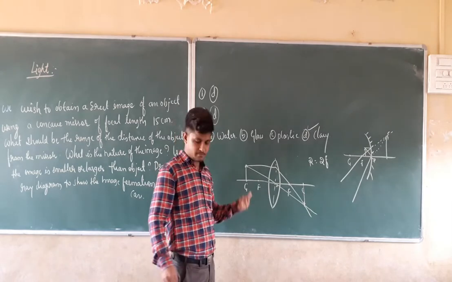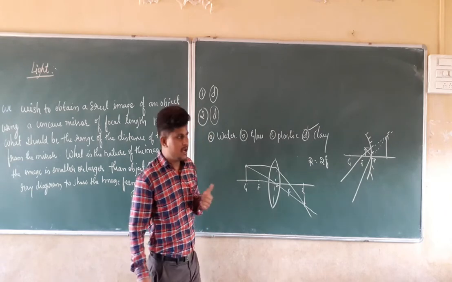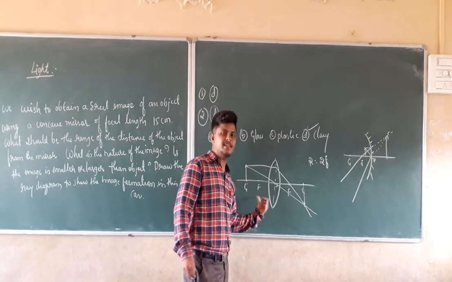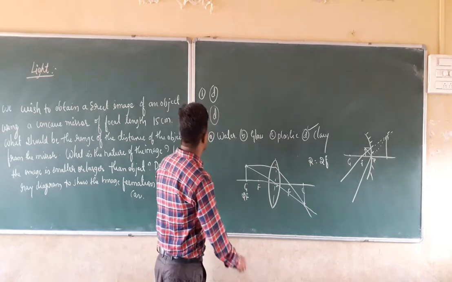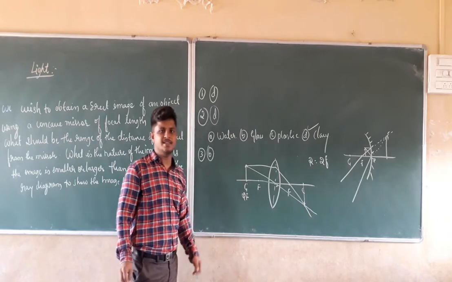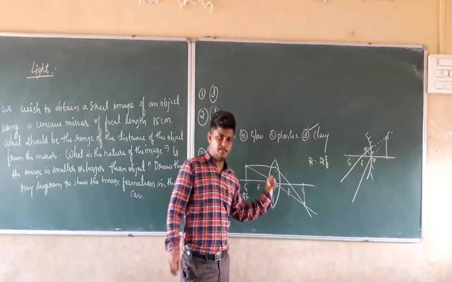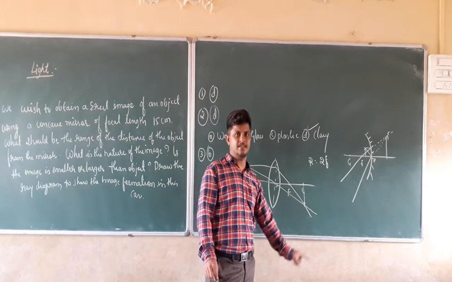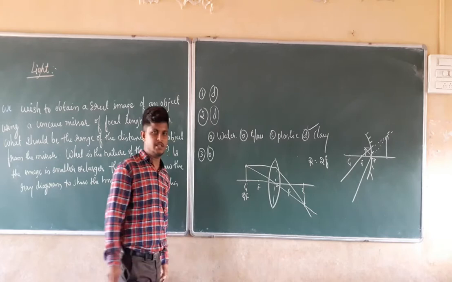So as per the given option, twice the focal length is what? It is the center of the curvature only. So we keep the object at C only, which can be written in other words as 2f. So the answer for the third question is B. At twice the focal length, that is, at the center of the curvature. When we keep the object at the center of the curvature in front of a convex lens, it is going to produce an image of the same size as the object, and it will be a real, inverted image. So this is the answer for the third question.